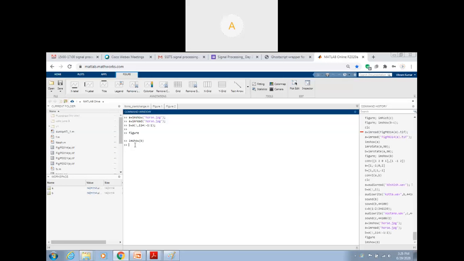If you remember, let me say C is equal to imread of coins.tif, that is a built-in file in MATLAB, so I am taking that. C is equal to this. Now what I will do is imshow of C.